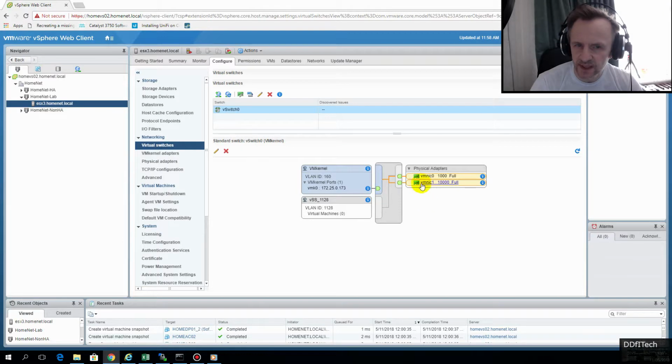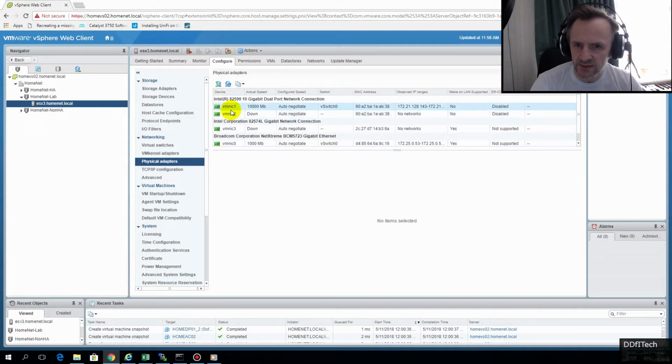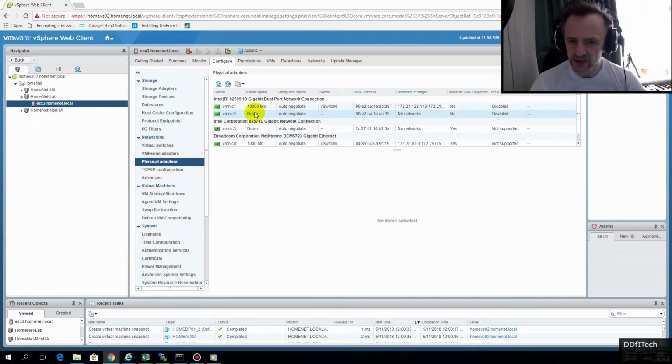Although this host has got two 10 gig ports, I could actually add that other 10 gig port to the same virtual standard switch. But for now, what I'm going to do is I'm just going to quickly show you